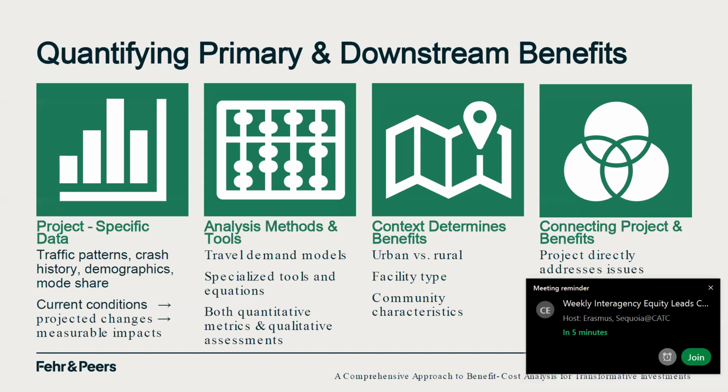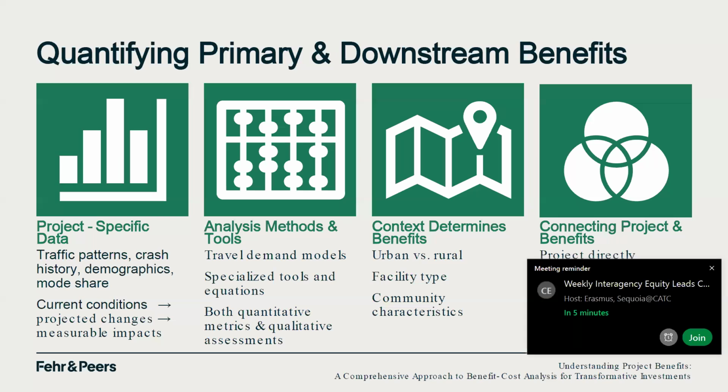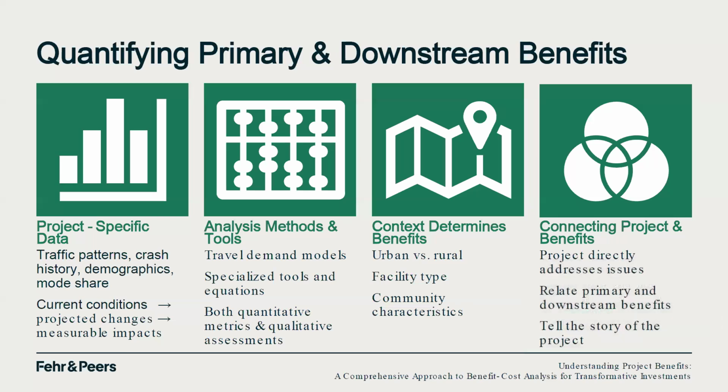And then connecting all these together, right, so that you look at the primary benefits, which are fairly obvious, right? Reduced collisions, and then the secondary benefits, right? Making sure that you quantify all those, making sure also not to count them in multiple buckets, right? They only should count once, but there's related benefits that you need to account for in tools before you get to CalBC or other tools.